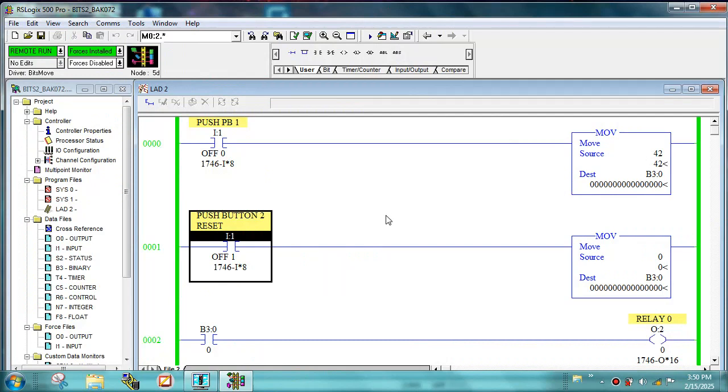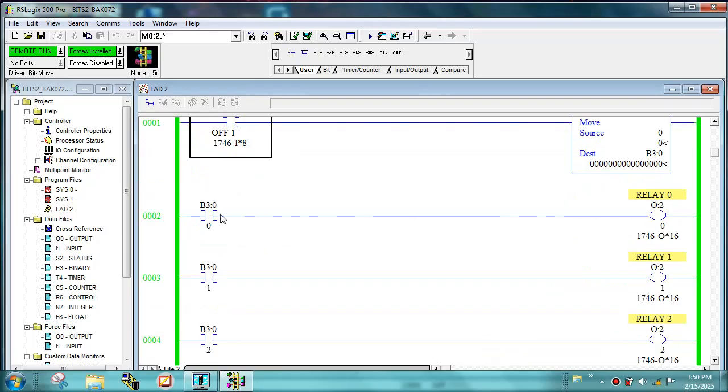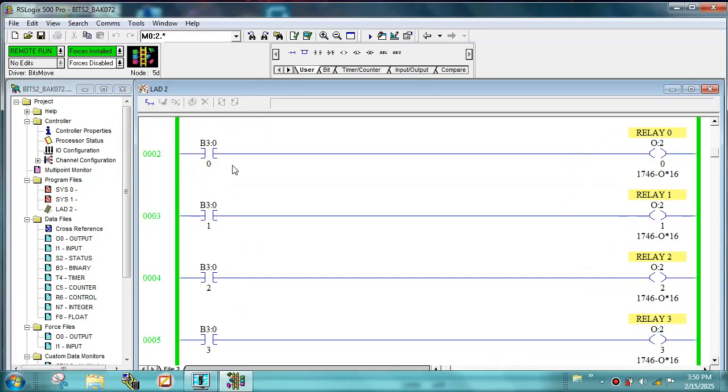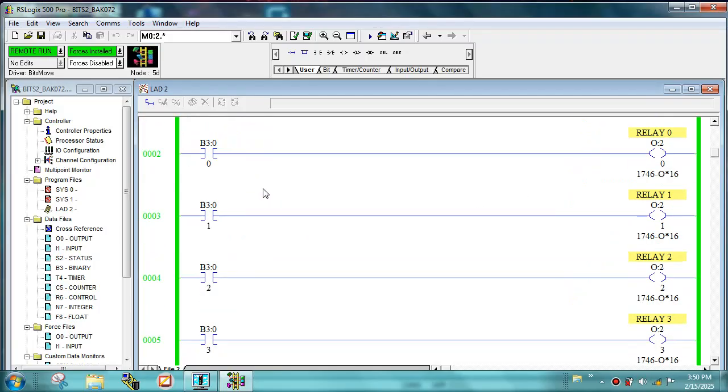Hi, the purpose of this video is to show how you can use a move function to convert a decimal number to a B3 memory file, and activate these B3 memory files in certain sequence outputs on the output card. Now, a specific number will give you a specific sequence or order of